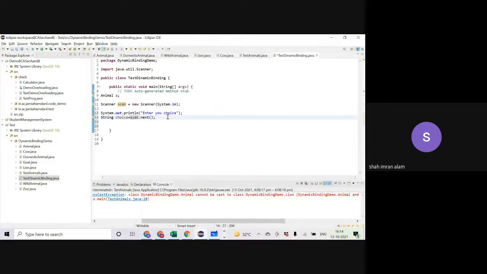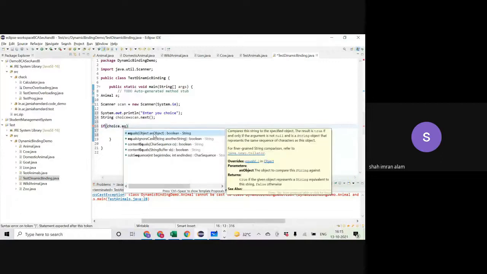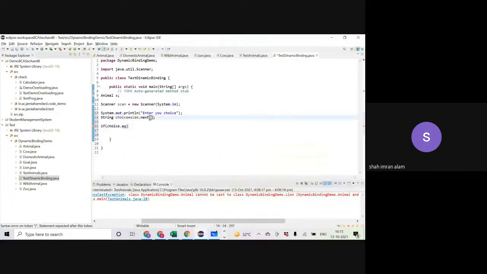Okay, if choice is equal to... dot equals, आप compare कर रहे हैं अब एक string से, right, which is an object, तो you won't use double equal to, इसके आगे भी discuss करेंगे. और let me make it simple, nextInt कर देते हैं, ठीक है. If choice double equal to 1,